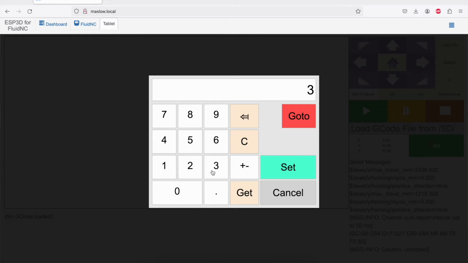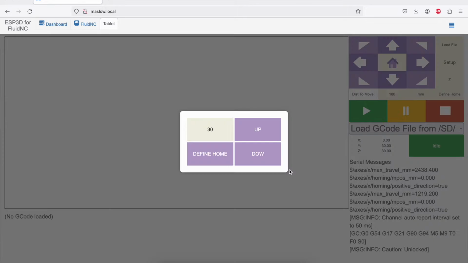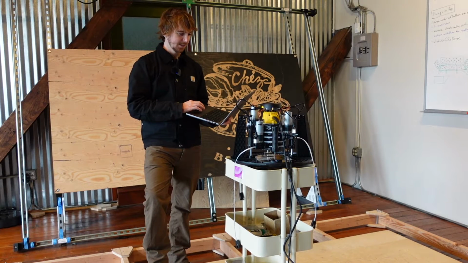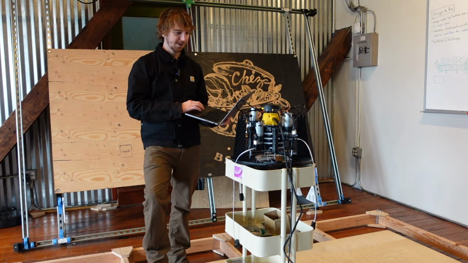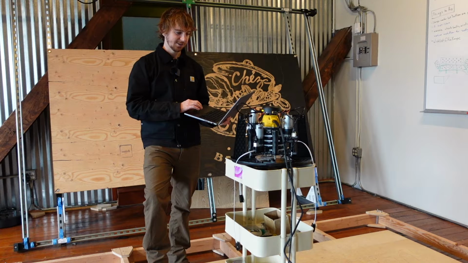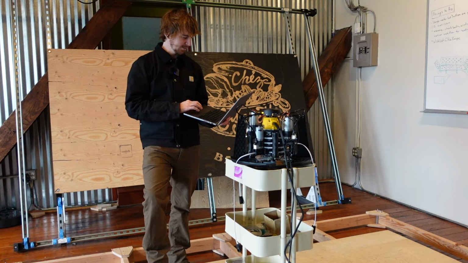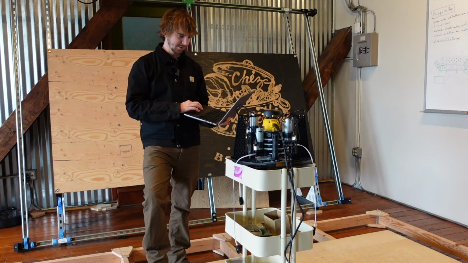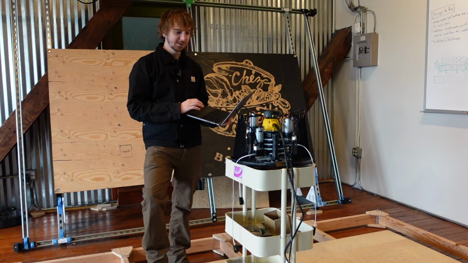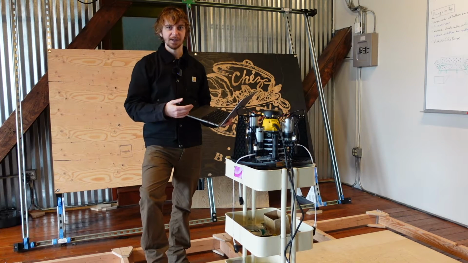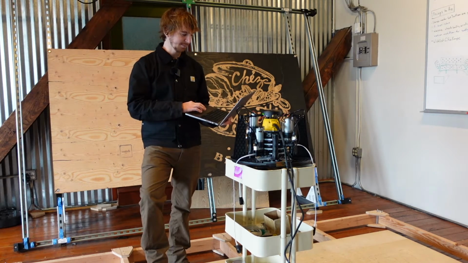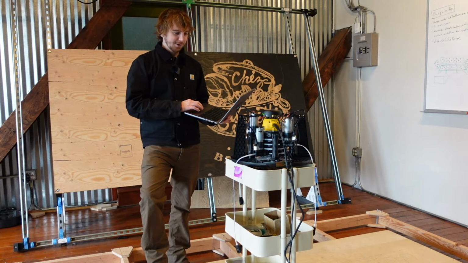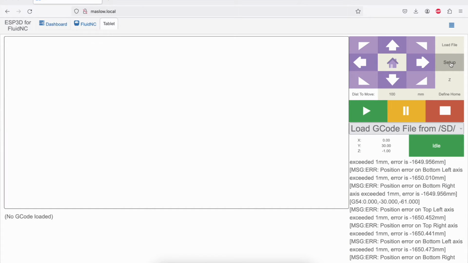I'm just going to change the amount so I don't have to click a million times. And when I click down, the z-axis is going to lower down. And we're just going to drive the z-axis all the way down until it hits the bottom and stops there. So we can keep going a little more. And you'll hear that it bottoms out, and you're not going to hurt it by continuing to drive it into that lower stop. The next thing we're going to do is click on Setup,